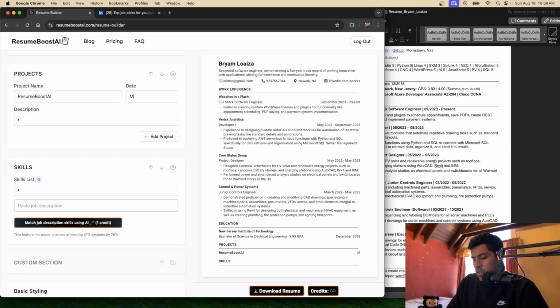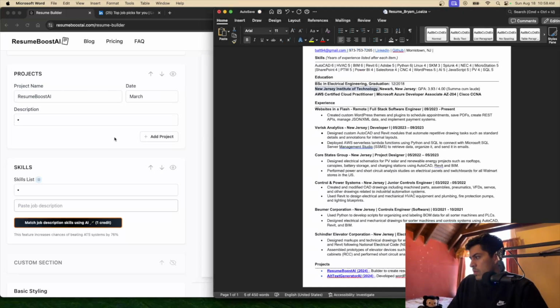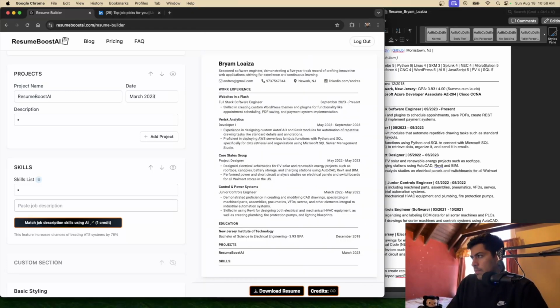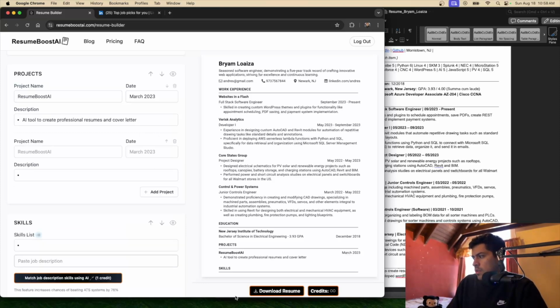and the date is March 2023. The description you can put here like what it is, right? So I'll just put AI tool to create professional resumes using AI. It's already AI, so AI tool to create professional resumes and cover letters, I think would be better. Then I can add another project, and you can see it's starting to cut off, so I'm gonna have